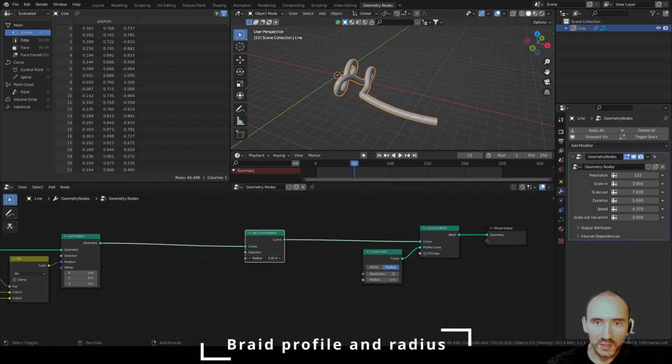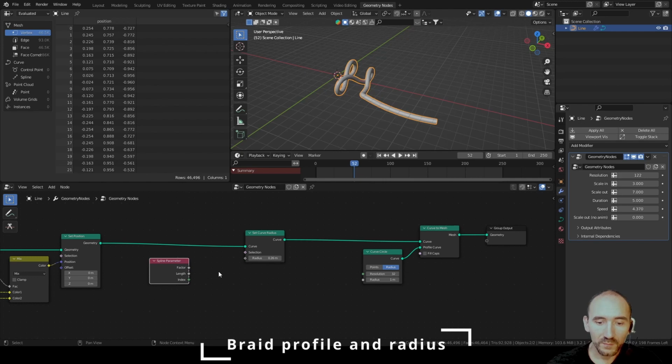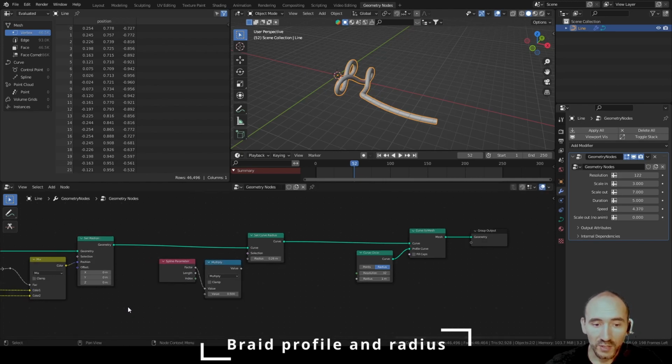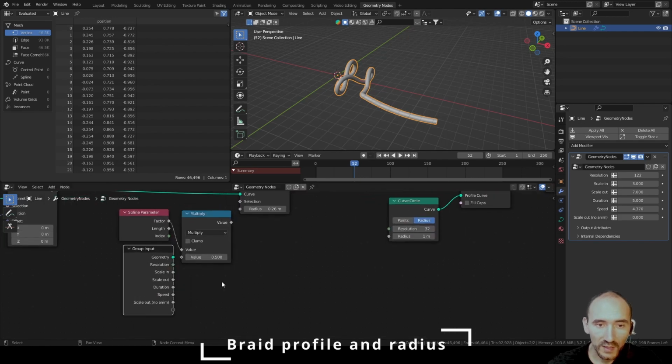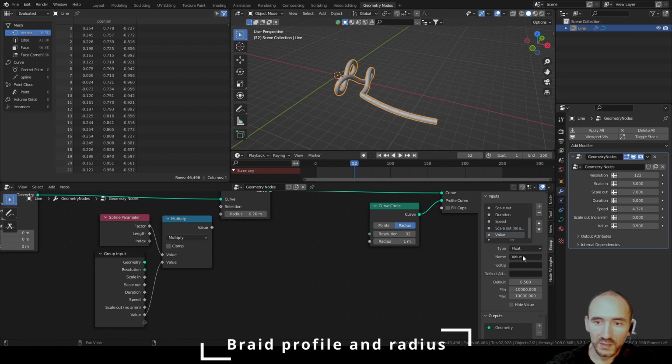I can adjust this, but I want to manipulate the radius from a large scale here to a small scale at the end point of our curve. So I can use the spline parameter, use the factor, and multiply the factor by a value that you want. We can use the group input to have radius and group. We can use this as a